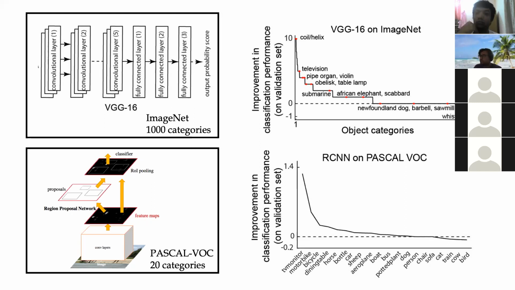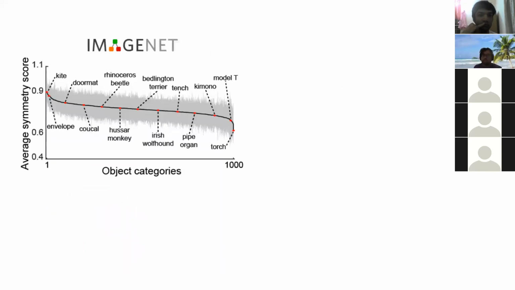Similarly, on the Pascal VOC dataset with an RCNN, we see improvements for certain categories of objects. And you might be wondering why we see a greater improvement in performance on ImageNet, but not on Pascal VOC. One answer could be that the symmetry-related information in the image dataset itself might not be good in Pascal VOC. To quantify that, we computed a symmetry score for all images within an object category in ImageNet and plotted them from the highest to the lowest. And what we can see here is that